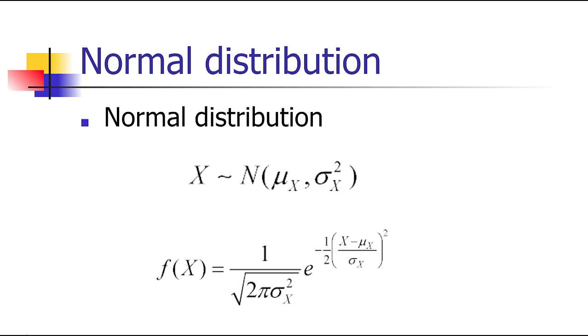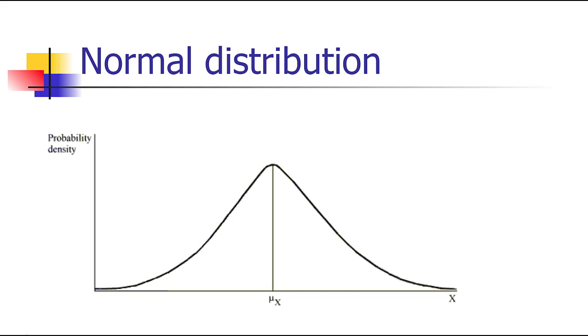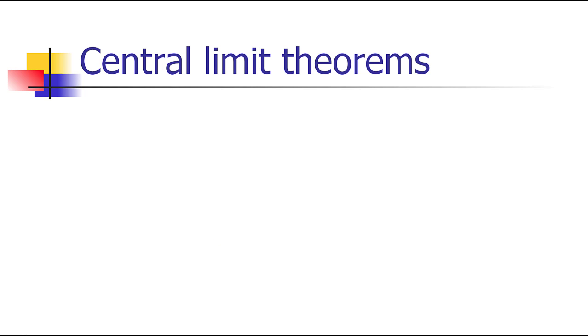The probability of any point on the normal distribution is 1 over the square root of 2 pi sigma squared, e to the minus 1/2 times the quantity x minus mu sub x over sigma, squared. And the normal distribution is that bell curve you've seen in so many basic stats classes as well as other classes. One of the reasons we use the normal distribution so often is the existence of a large variety of